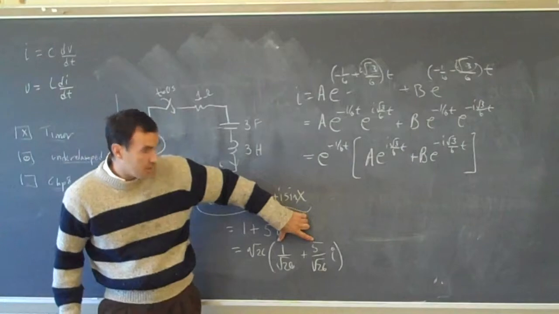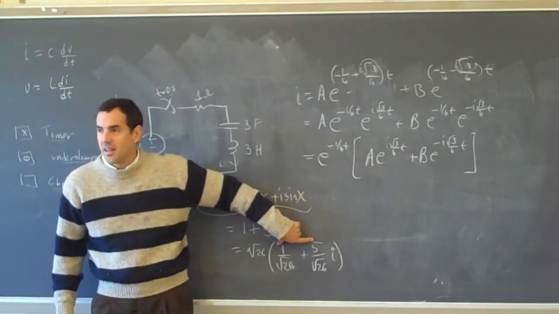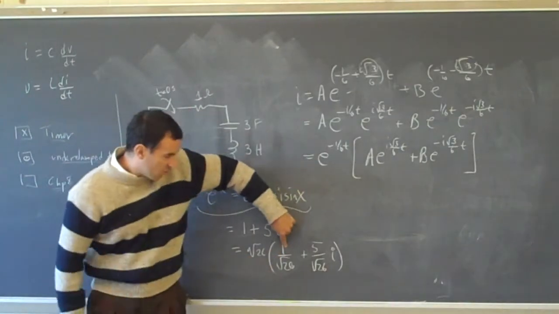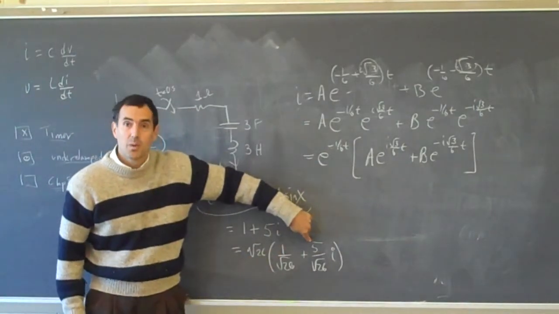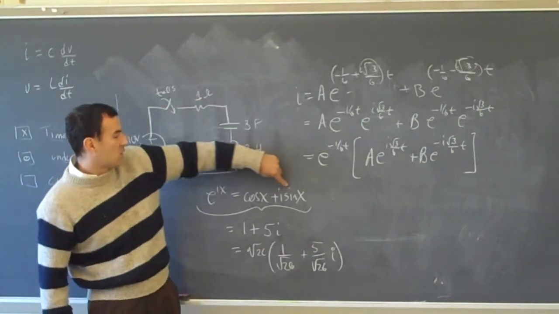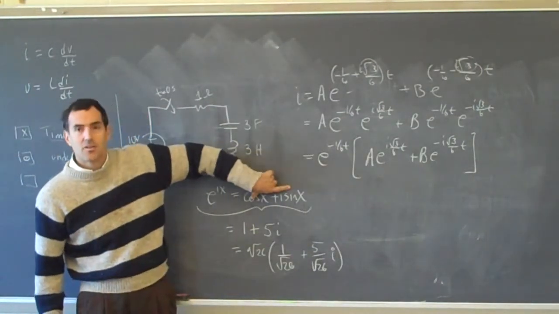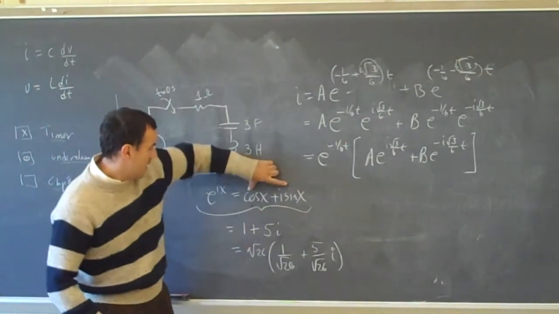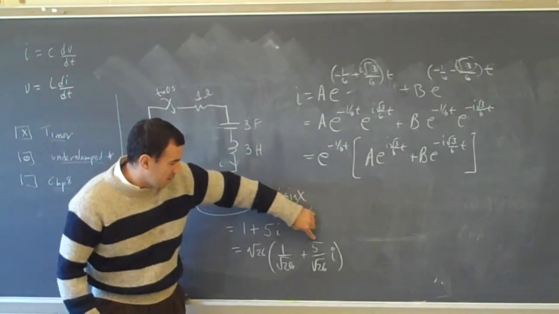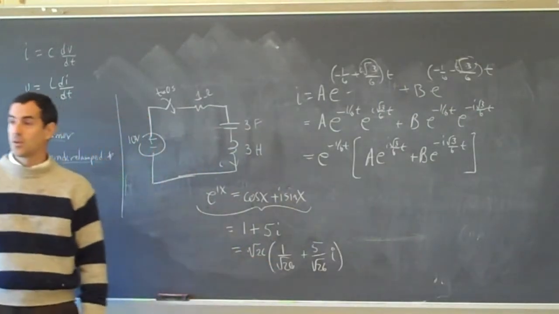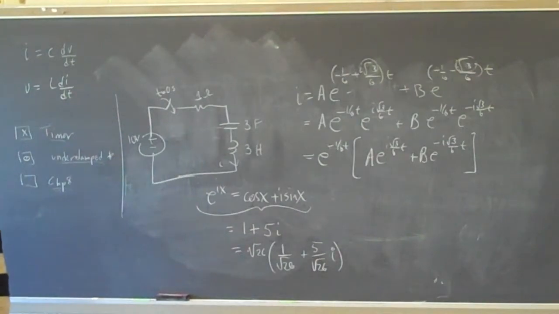These two components, it's a lot like finding unit vectors in statics class. If I did this squared plus that squared, square root, they add up to 1. What is cosine squared plus sine squared if I added those together? 1. Yep. So if I write it so that this squared plus that squared adds up to 1, which I've now done by factoring out the square root of 26, just like picking a unit vector in statics class,